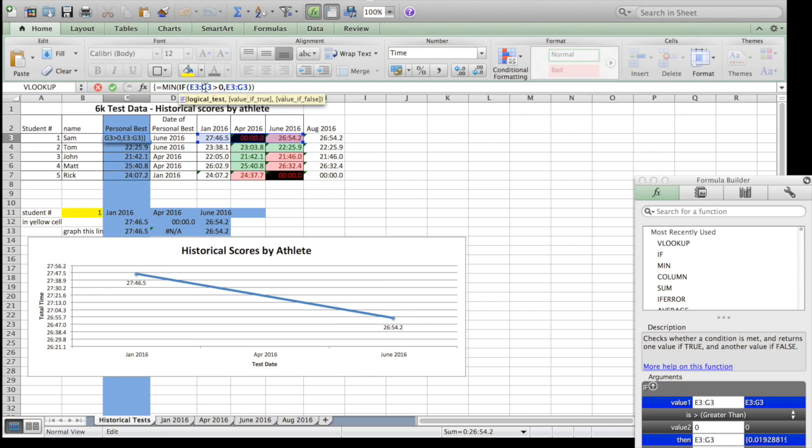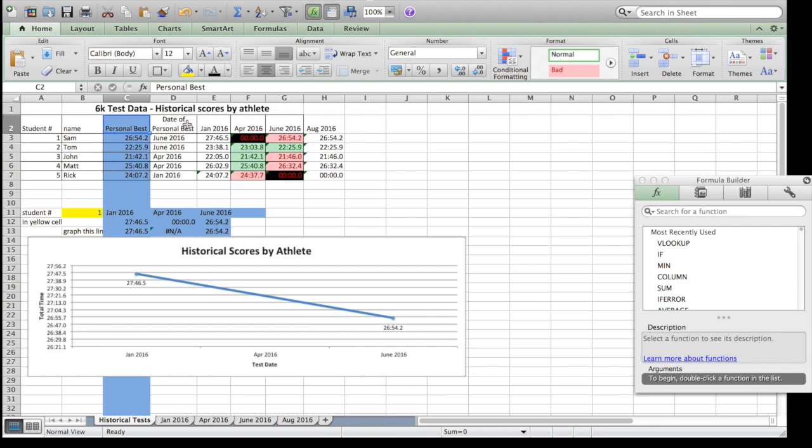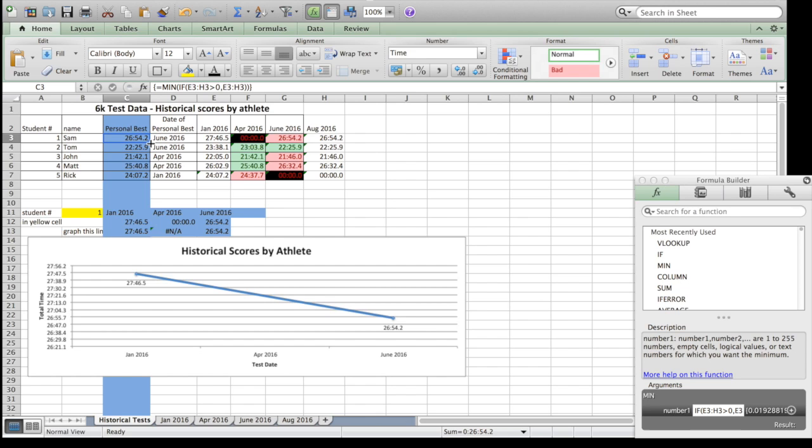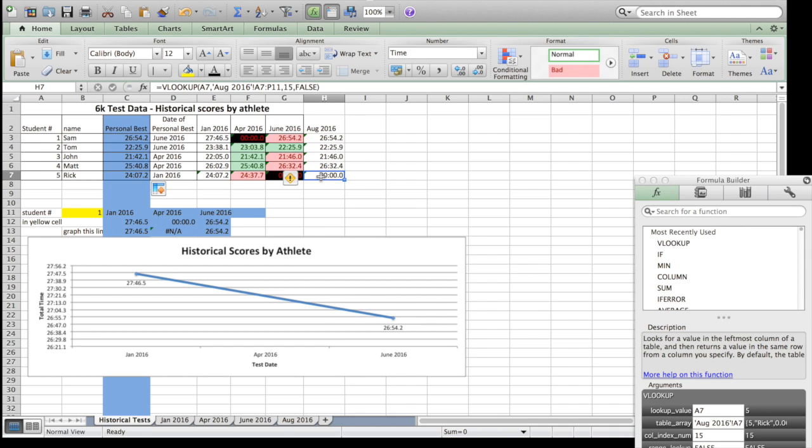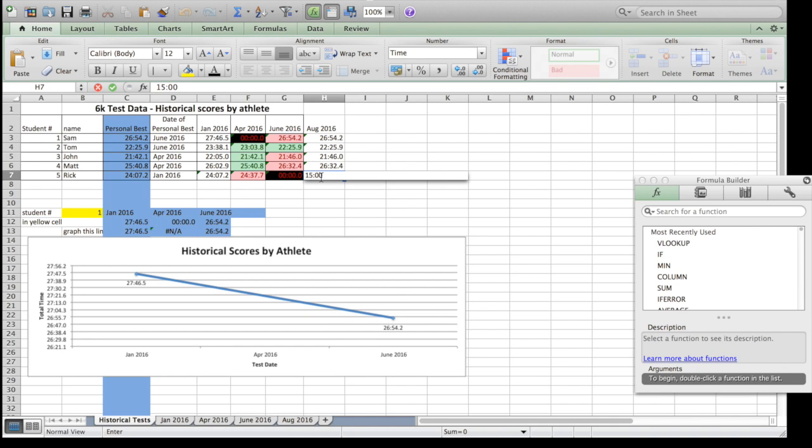If I just change it to H3, H3, don't forget the Command Shift Enter for the array function. Every time you change it, you have to hold down Command Shift Enter. I'm going to drag it down. So if this data here was 15 minutes, this should show up. And on my date of the personal best, it says